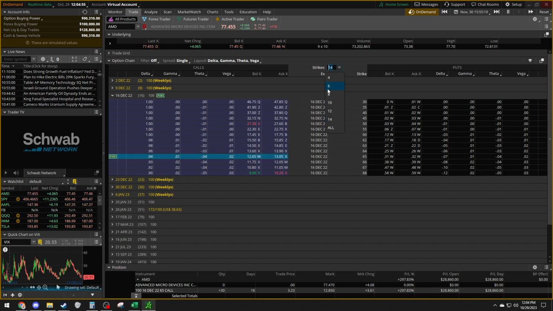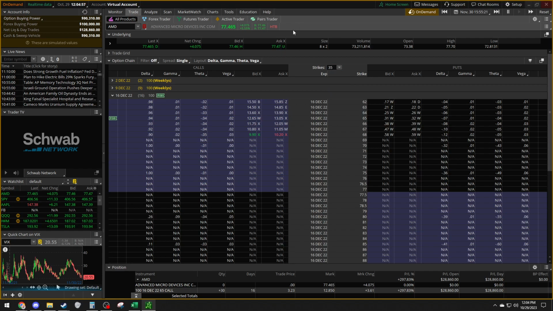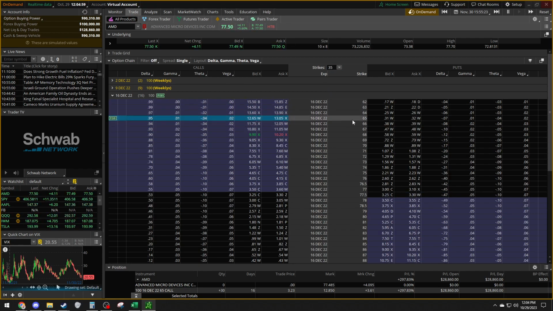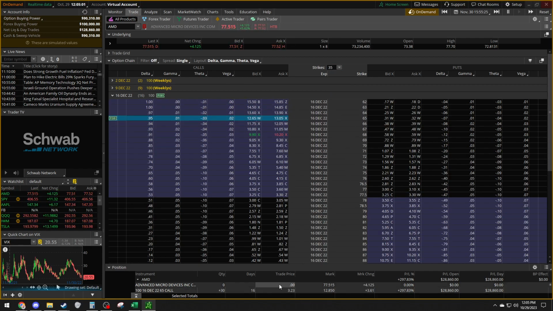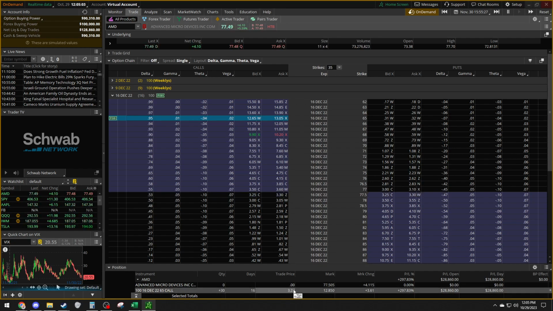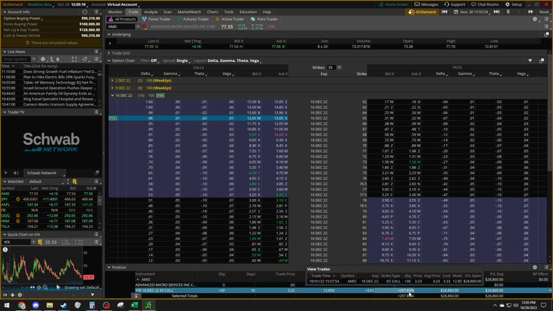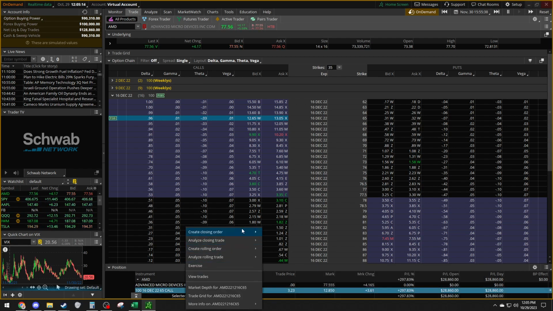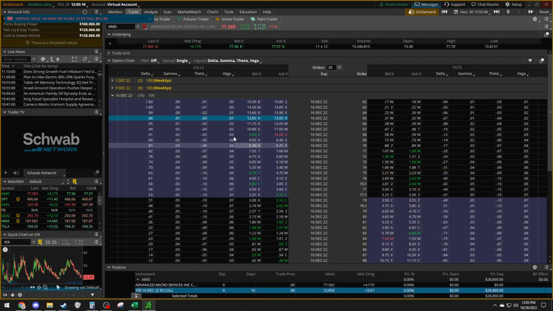Let's expand this strike price. I'll put it to like 35. Yeah. So you can see we're deep in the money now. So our contract that we bought for, let's see, we got a fill price of 3.23, is now worth $12.85 mid price. That translates to a 300% gain. Pretty good, right? And I can go ahead and sell this. Boom, we just made 28% on our total account in 1 month,